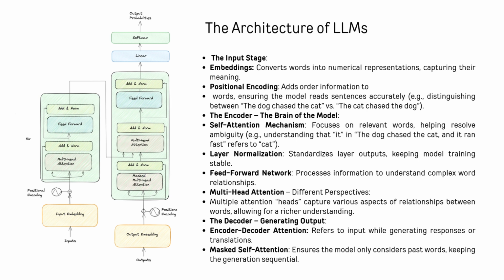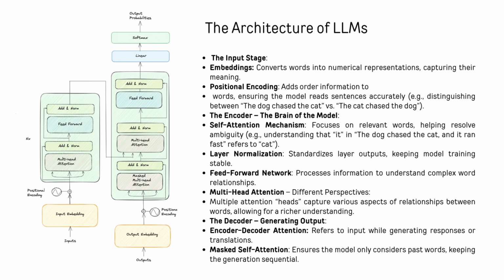One of the cool things about transformers is that they don't just compute attention once. They use something called multi-head attention. Basically, instead of having one attention mechanism, the model has multiple heads that each focus on different aspects of the relationships between words. This allows the model to see the sentence from different perspectives, like a human thinking about a sentence from different angles. Each attention head captures unique aspects of the meaning and they all come together to give a